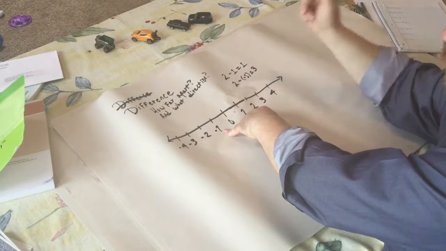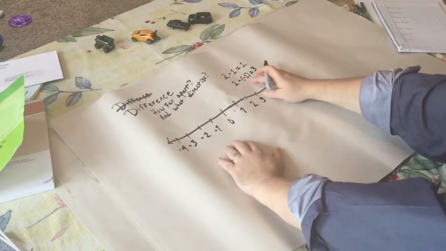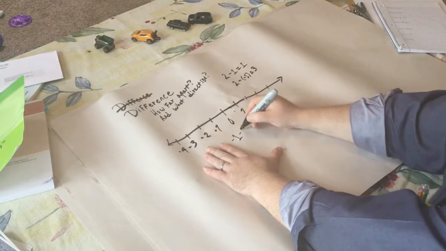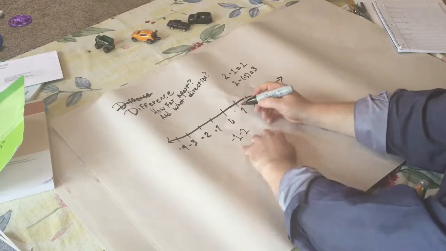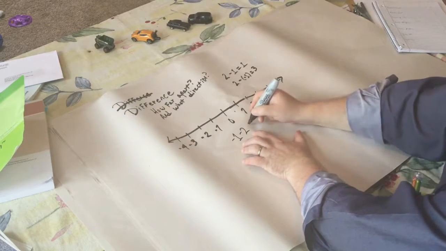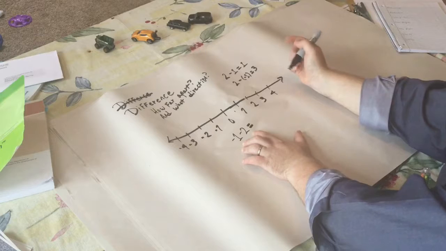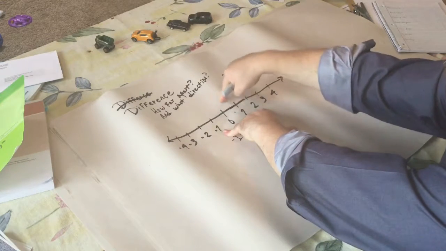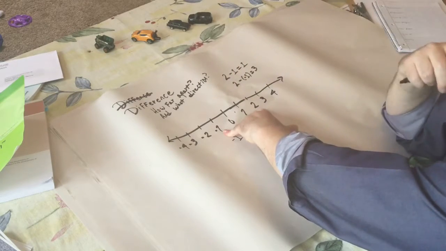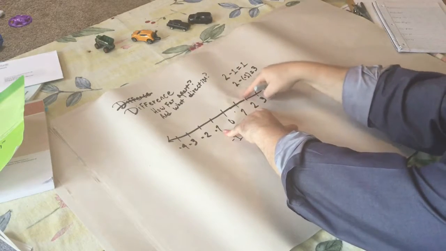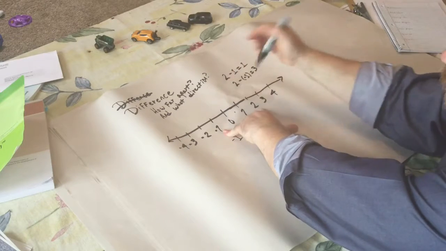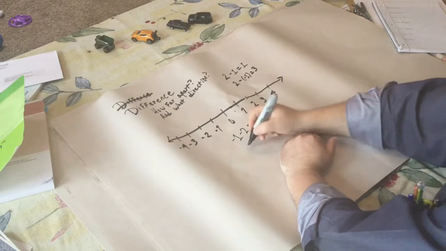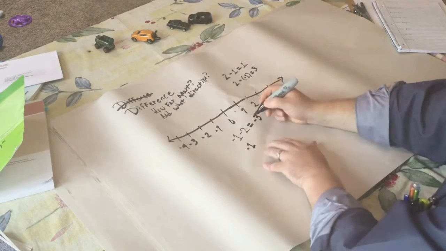Now it gets tricky because if I was to ask about the difference between -1 and +2, okay, then the difference is starting at -1, 1, 2, 3, but because if I were to count this way, I'd have to go negative units, then this difference is actually -3, okay? Because this is -1